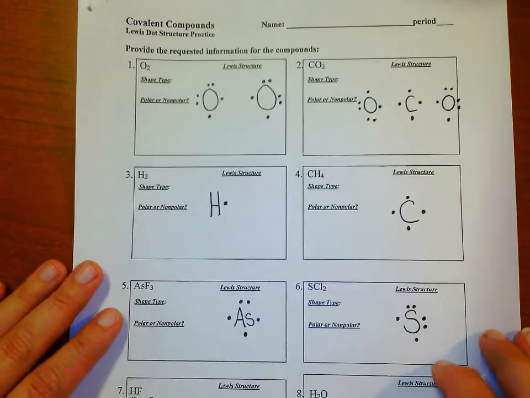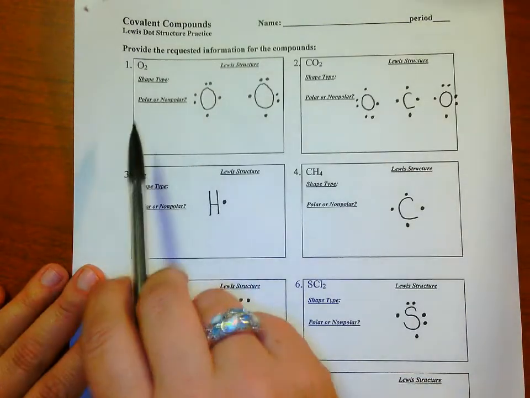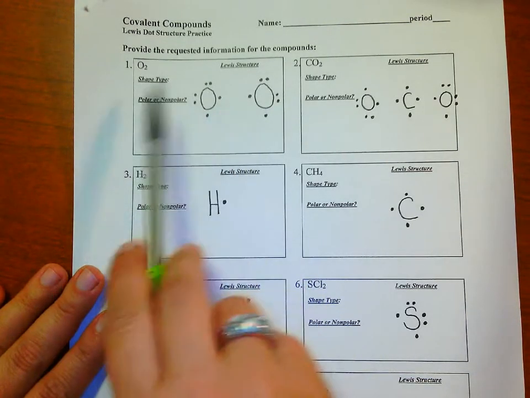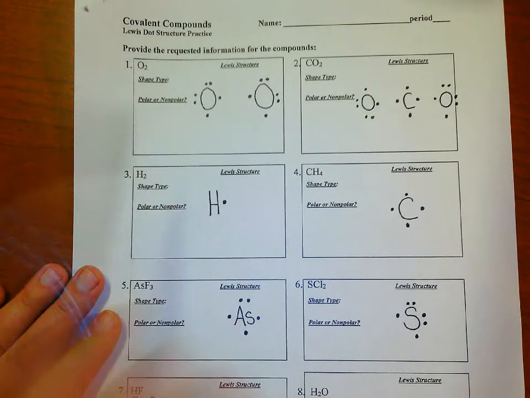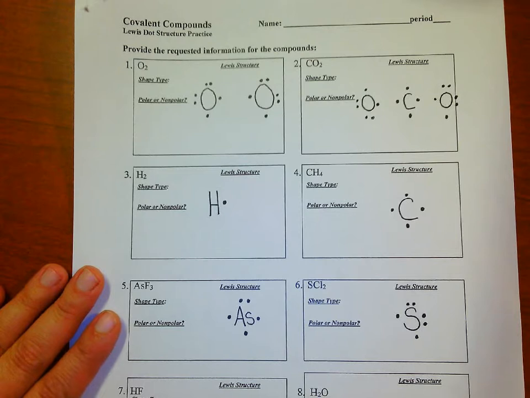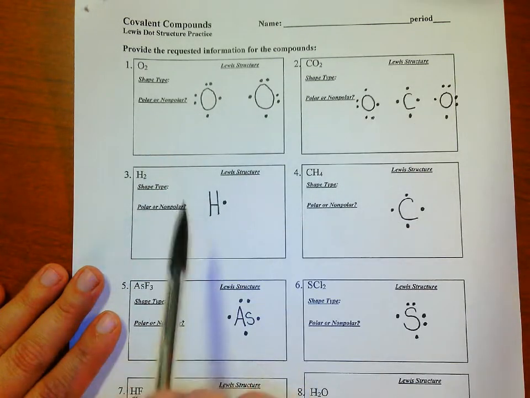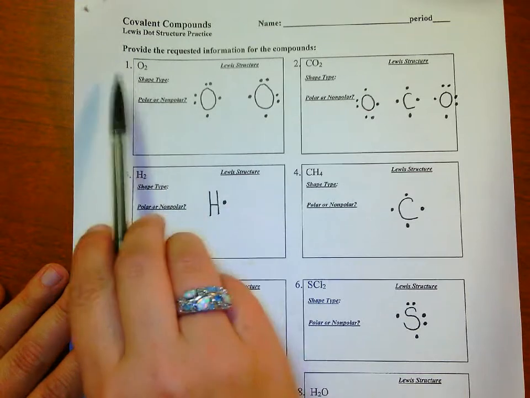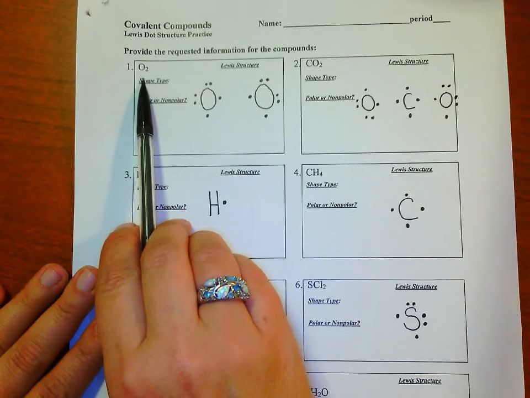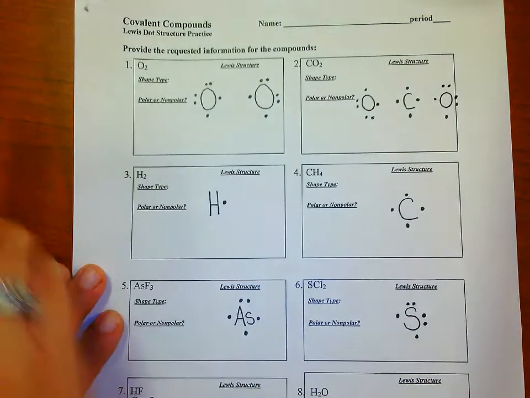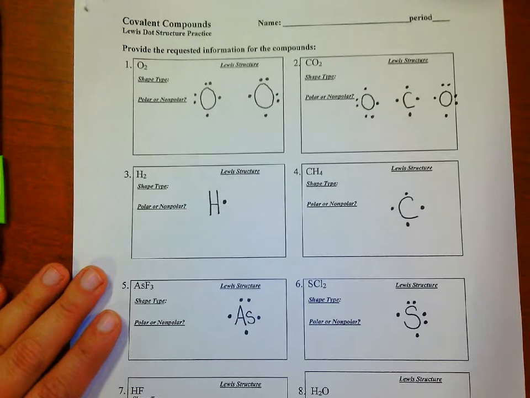On page 7, we're asking you to identify what shape the molecule would be and whether or not the molecule would be polar or nonpolar. We've given you the dot structures for some of the elements. In number 1, we gave you the dot structure for both elements. Your teacher simply wants you to connect the dots